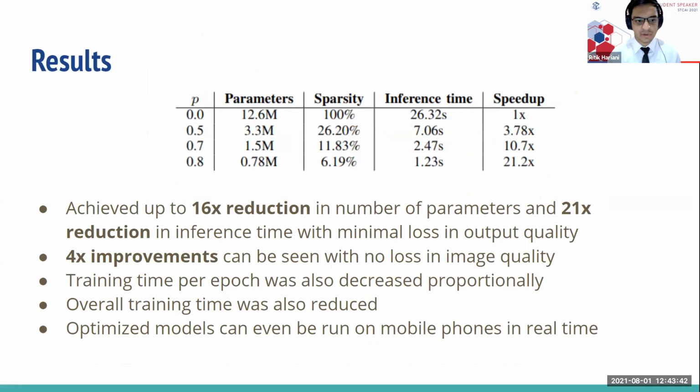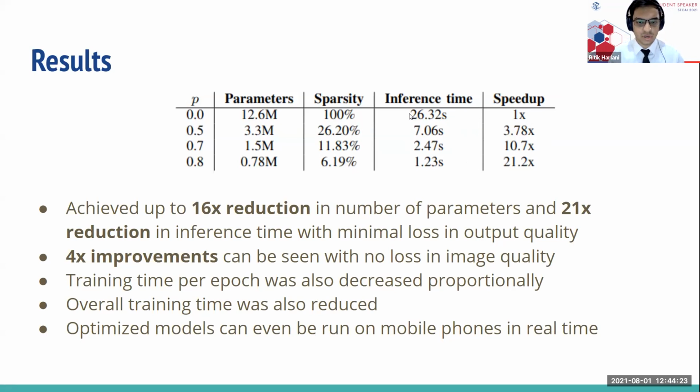So our main focus of the paper was to decrease the size of the GAN and to be able to deploy it on a client-side app, so that the speed of the GANs is improved and the weights have been reduced. Upon channel pruning, we conclude that we receive around a 16 times reduction in the number of parameters, and a 21 times improvement in inference time. Along with this, there's a 4 times improvement overall for the training and the prediction of the images by the GANs.